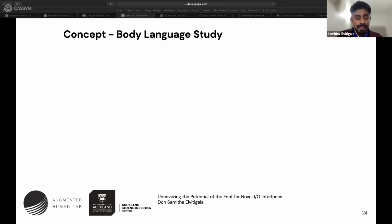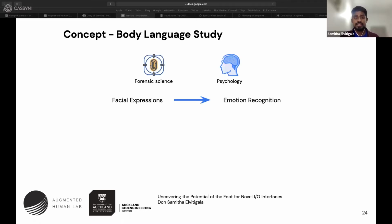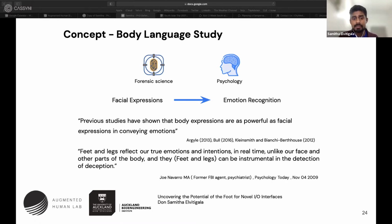So let's talk about the concept behind this idea first. In forensic science and psychology, body language study is already being used to detect people's mental states. Analyzing facial expression is the most common body language technique that people have been using for decades. However, according to research, body expressions are considered as powerful as facial expressions, and sometimes it can even be used